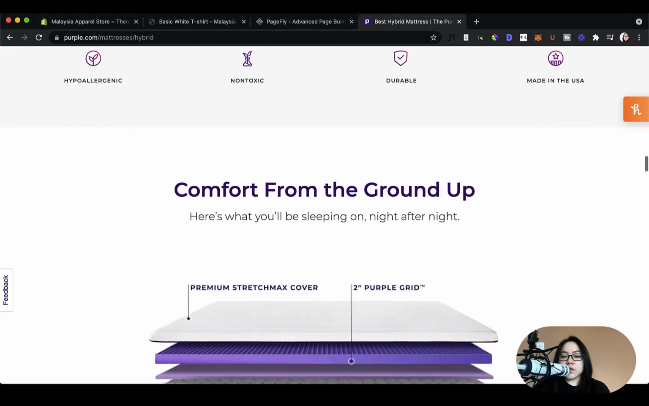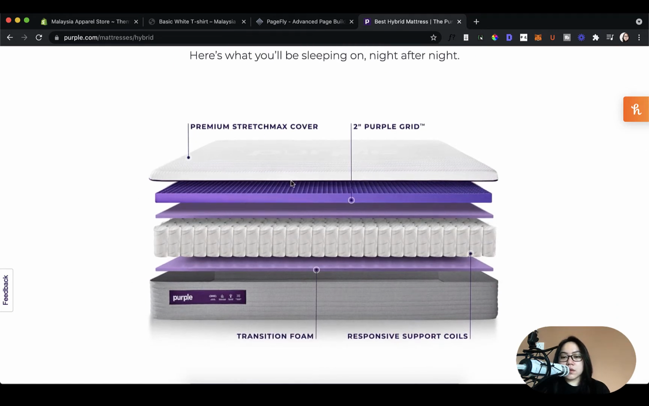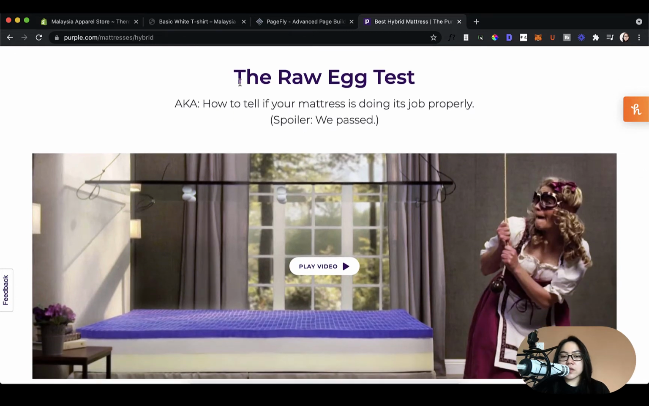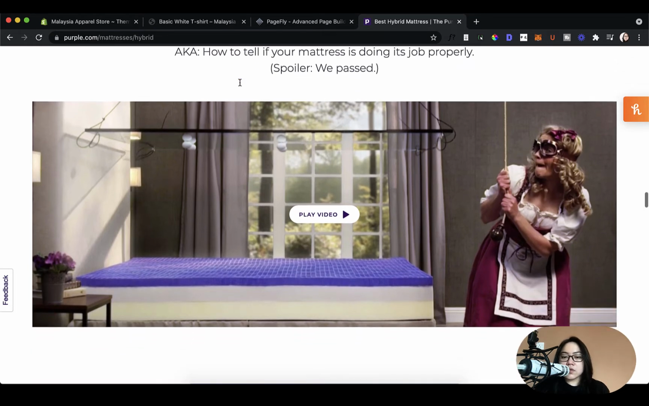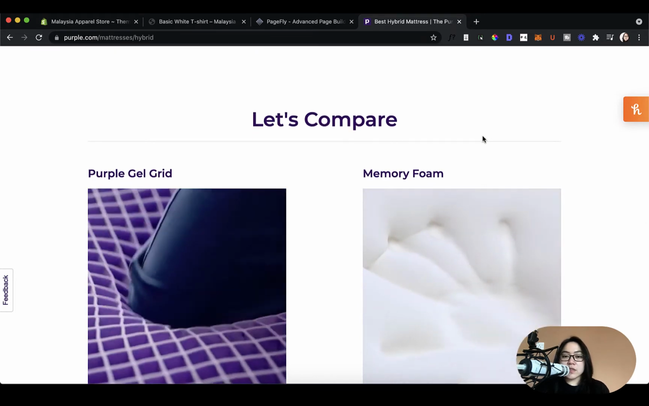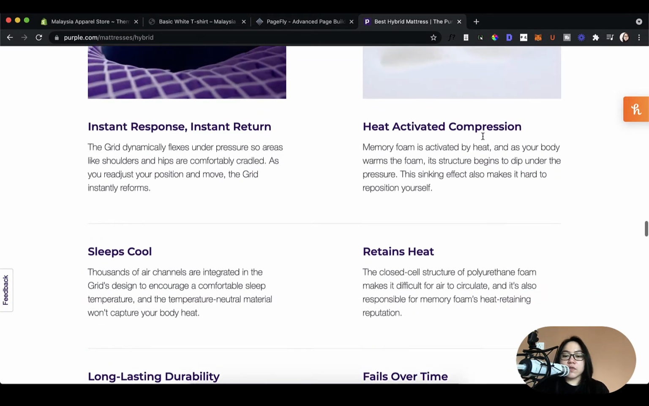And then further down, we see that they've also included this broken down view of the materials used to create this mattress. And then here you can see they've even included a video under this test called the raw egg test. So a lot of ways that they've customized this product page to add information,